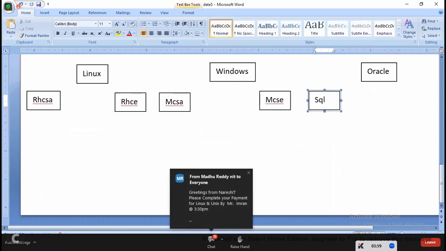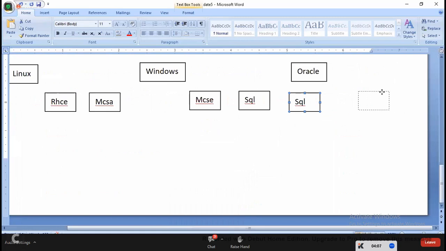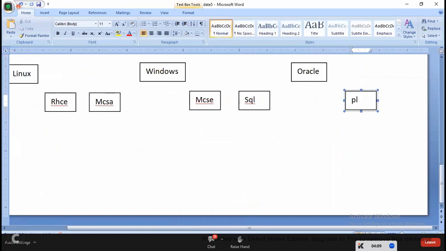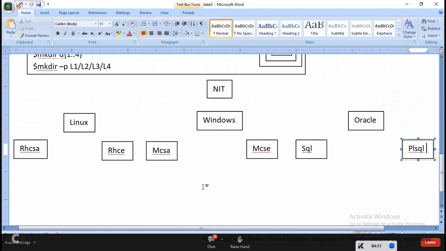Can we create it? So directories inside the directory. Already we know which option we need to use: the -p option, right? -p means parent. How to create, let's see. Guys, mkdir is a command, -p is an option. P means parent. NIT is a directory. Inside the NIT, we'll have Linux. Inside the Linux,